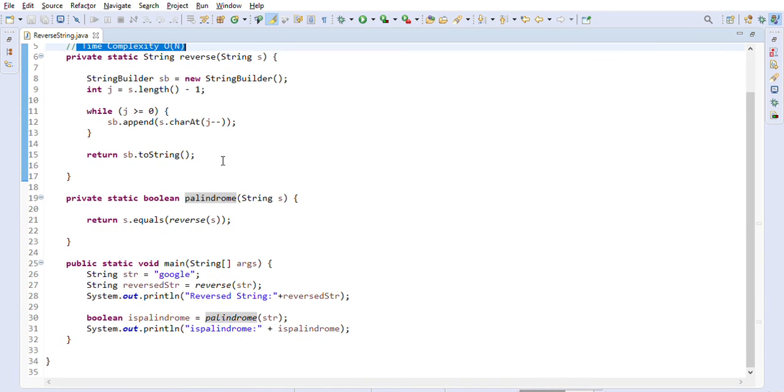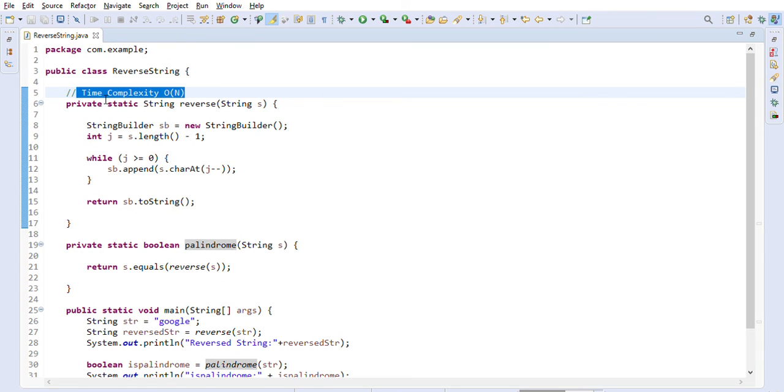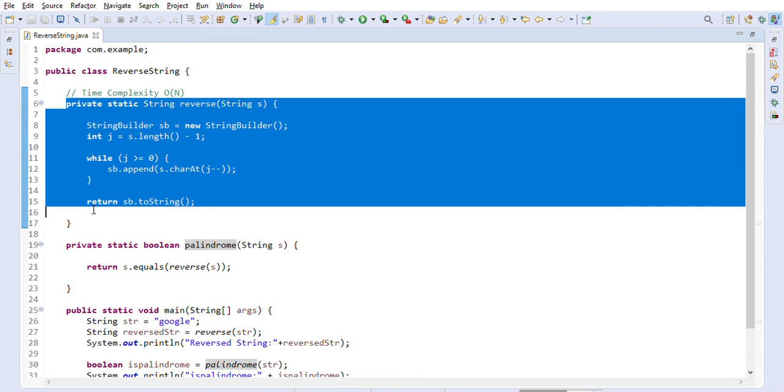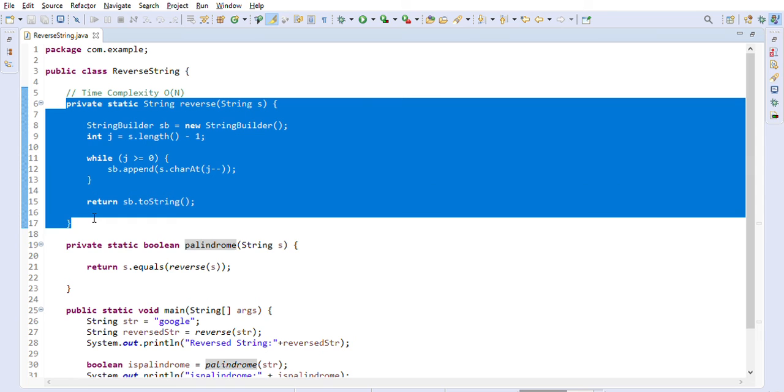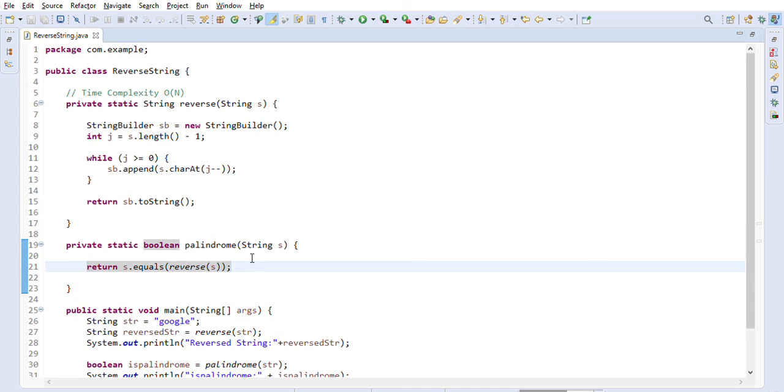We should be able to write this reverse function on a whiteboard, and also be able to explain this function in the telephonic interview. This is a very basic question, generally asked more of junior Java developers, or mid-level developers, in telephonic interviews. So I just thought I'd share this with you.